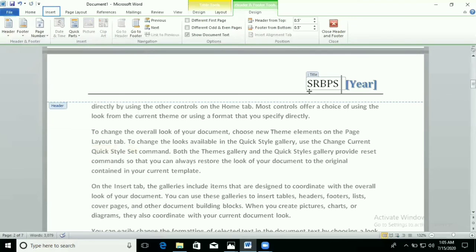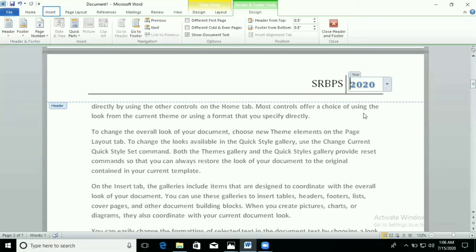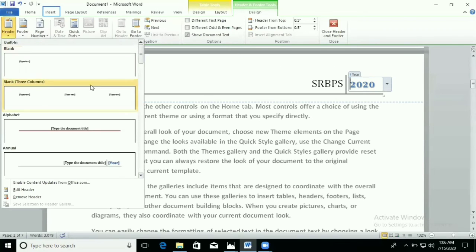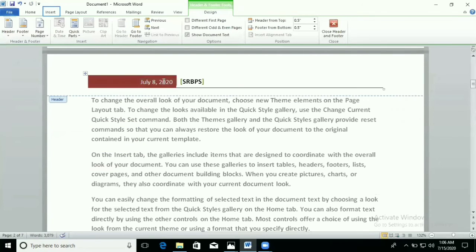You can see here, firstly, I have given the SRBPS title. If you want to change it here, you can change. In the year, just choose the year. Now, if you want to choose the current year, choose the year here. So, according to your requirement, there are different headers. So, according to your requirement, you can take it. If you want to take the complete date,